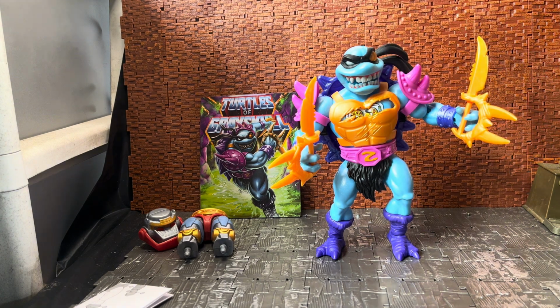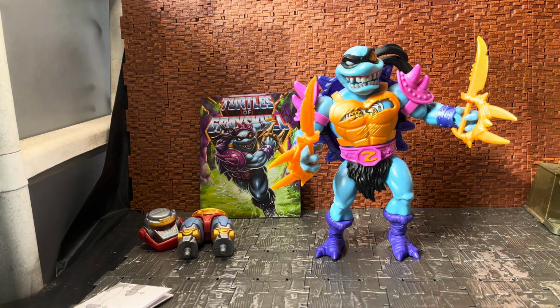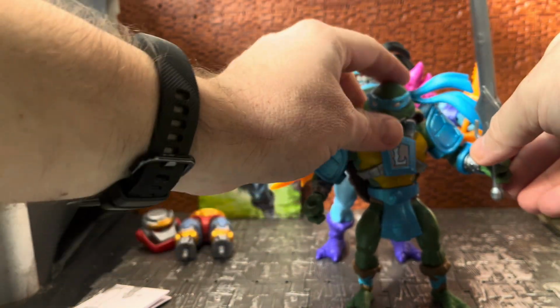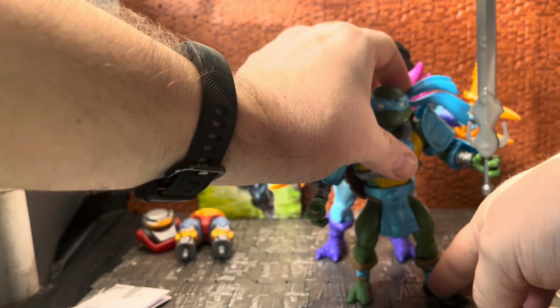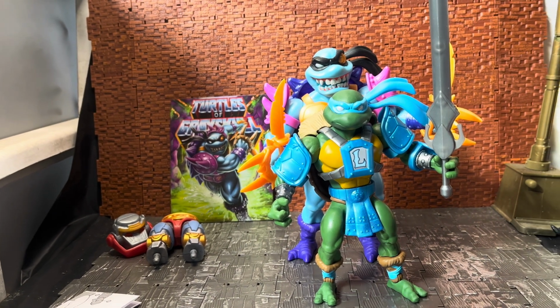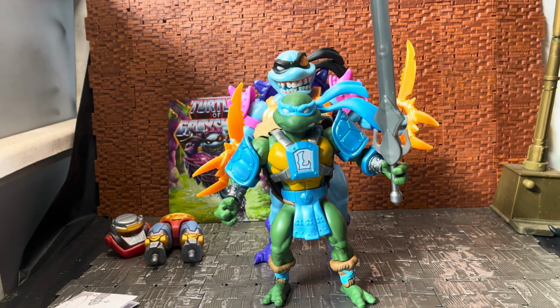He's actually really, really big. And the main reason behind that is he uses most of the parts from the Krang body, which is also a reuse of the Andre the Giant figure from the WWE line. So if I bring in one of the regular turtles, we'll bring in the heroic leader of the turtles, Leonardo. You can see, if I stand him right in front. Now, I haven't done reviews for these guys, but if I just rotate my camera a small bit and get them more centered, you can see how tall